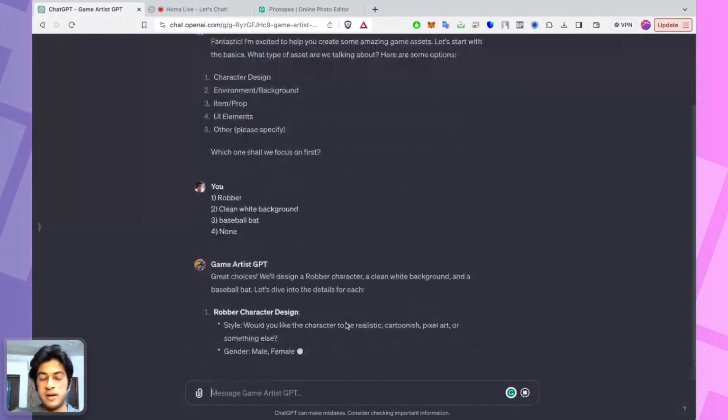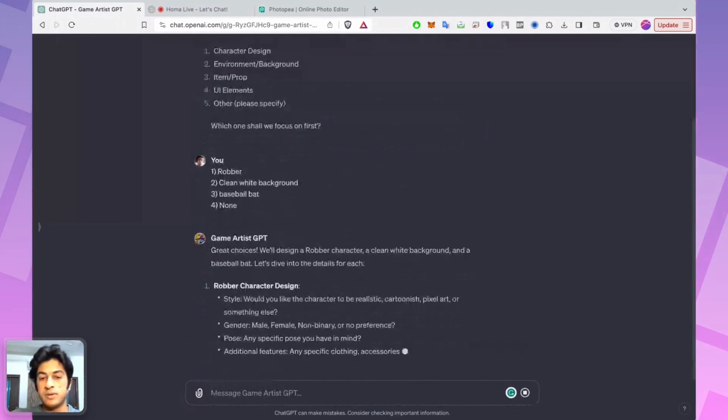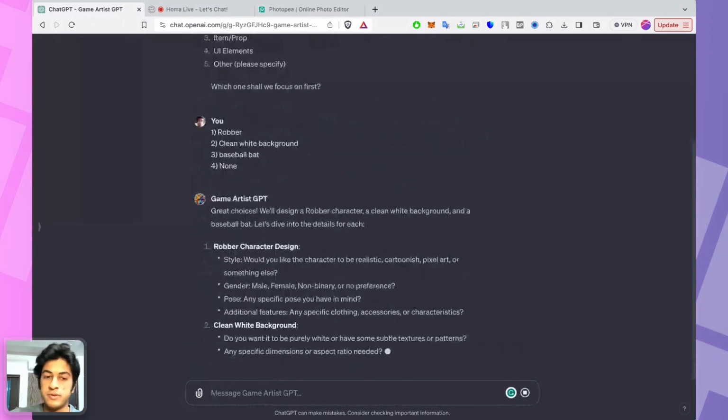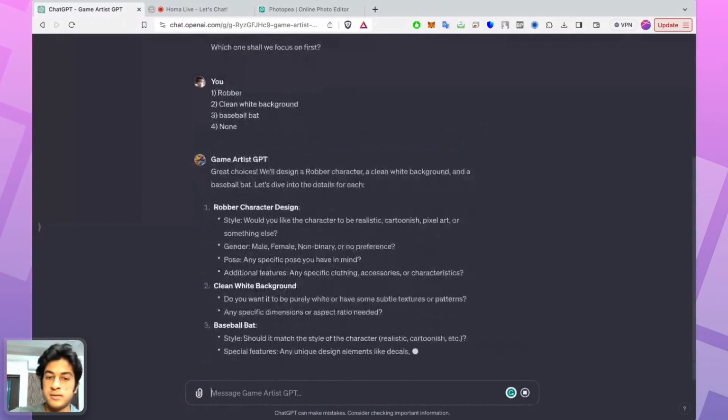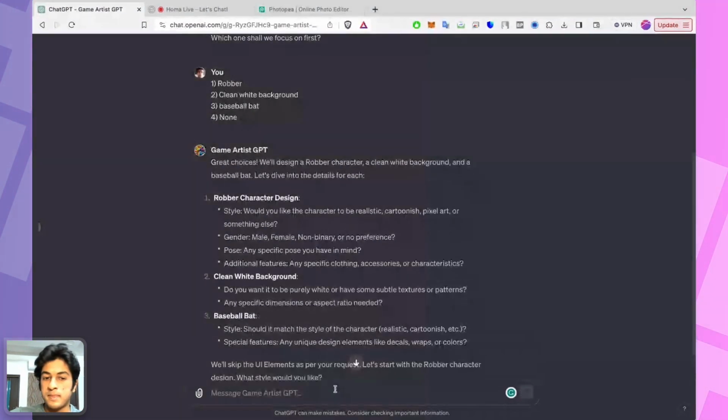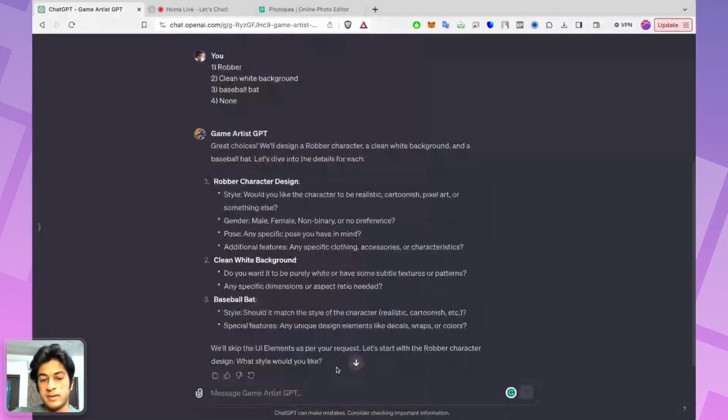And then it's going to ask you some more questions, just to get a good idea of what you have in mind. So what kind of a style do we need? I think let's go with the cartoony style. Let's do a female robber.